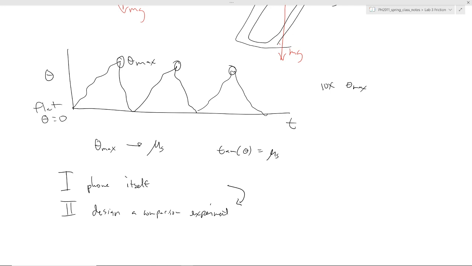So you could look at a difference in different objects, or you could look at different surfaces for the same object. You can choose what you want to compare,